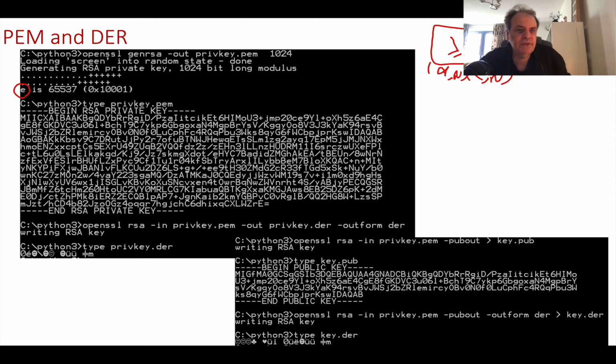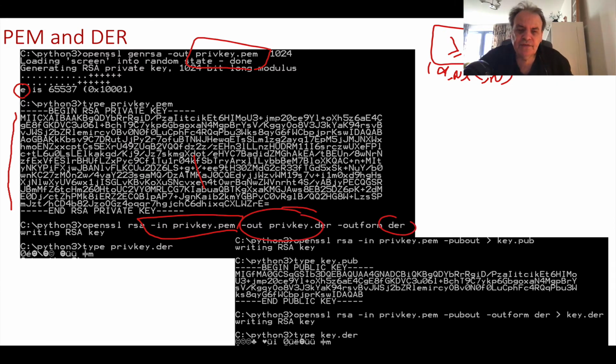So initially when we create it, we're creating it as a PEM file, and we can see here is the PEM file. But then we can take the PEM file as input and output it in the DER format, and we get the DER file.